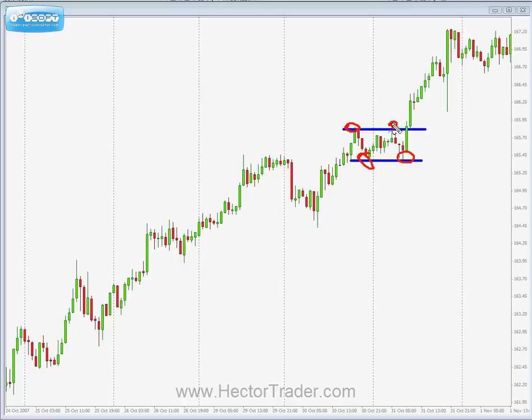Okay, it's a small range, as you can see. It's not very large. It's barely made up by, let's say, 15-20 bars. 20 bars at most. It's a small range. Later on I will show you another chart with a very large range, larger than usual, but this one is the type of range you find most of the times. Like I say, it's a range made out of 20 bars, something like that,